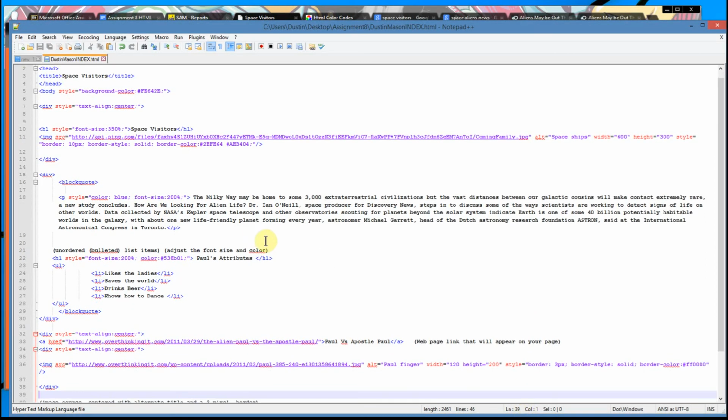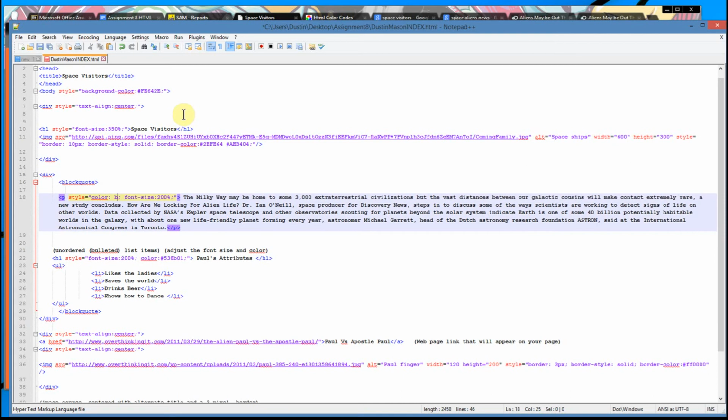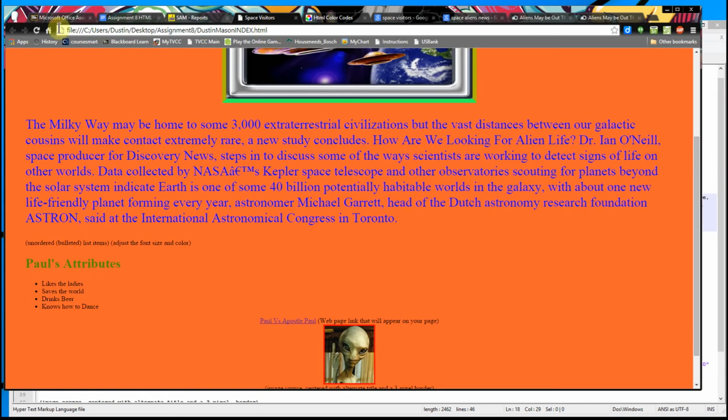Okay, so how did we make that the blue? Well, right here I said style equals color blue. There are certain things you can just throw in there and use the color with. One of them is saying blue. If I wanted to change this to black, or actually black's a default color, but let's say I wanted to go with green. Let's see what that will do for us. If I go green there and then go Space Visitors and change that, it's going to change the color to